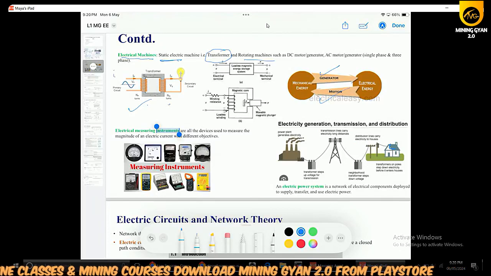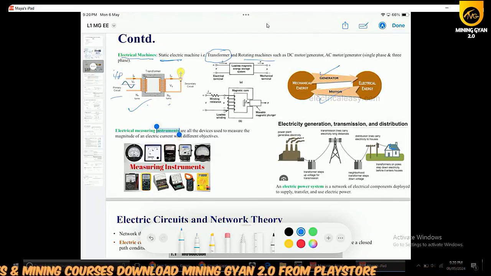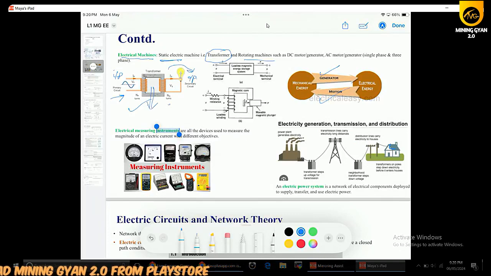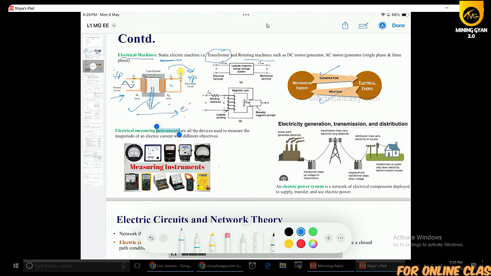We will provide electrical energy through this input, and we will collect that electrical energy through this output terminal. So in between, according to Faraday's law, there will be electromagnetic induction. That principle will work in the transformer such that the electrical energy will get converted, and some of the electrical energy will get lost. So that will be called losses. Different kinds of losses will be there inside the transformer.